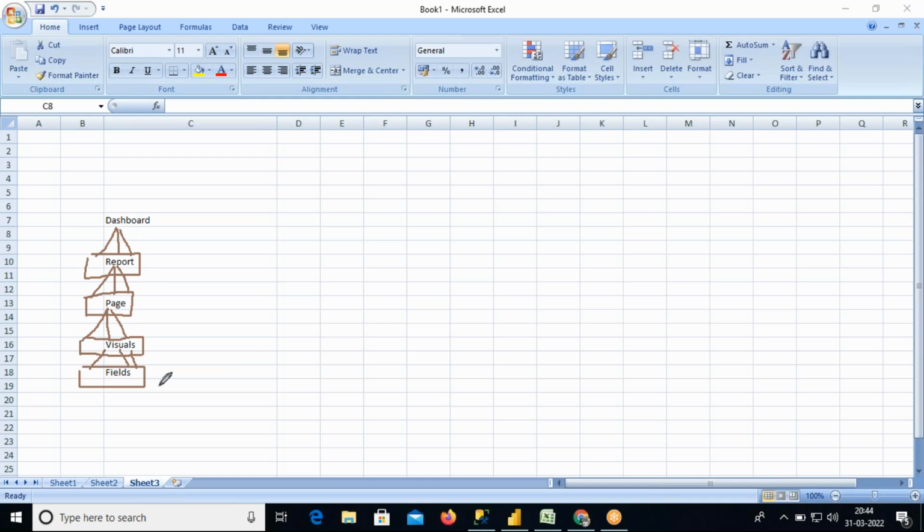Okay. We will consume multiple fields for building one visual, and we will take multiple visuals to build one page. We can take multiple pages to build one report, and we can take data from multiple reports to build one dashboard. This is a hierarchy. Okay, so